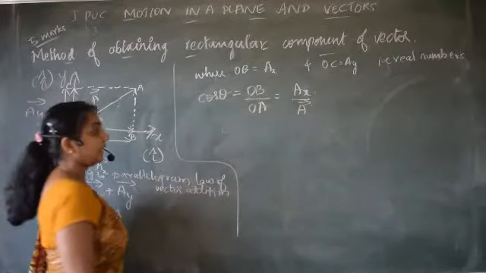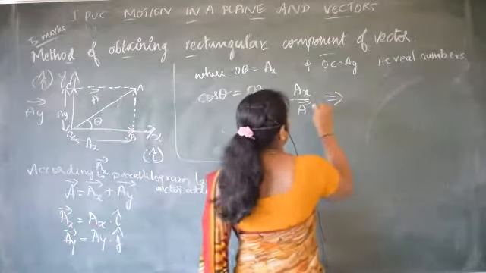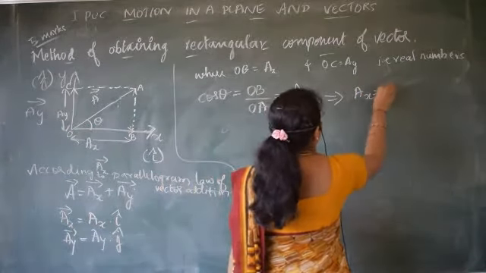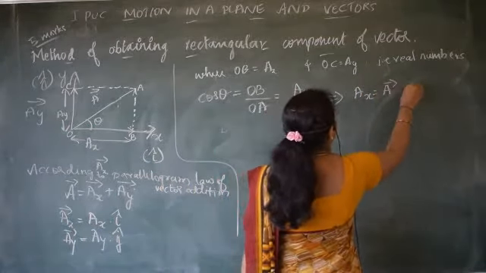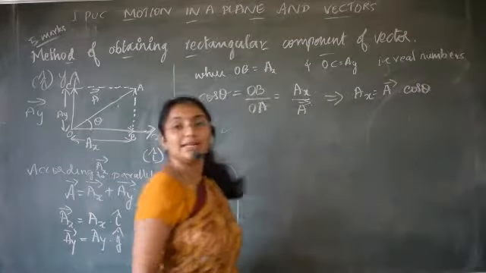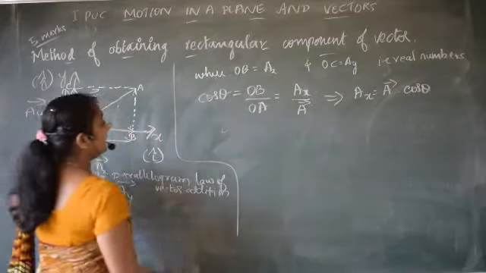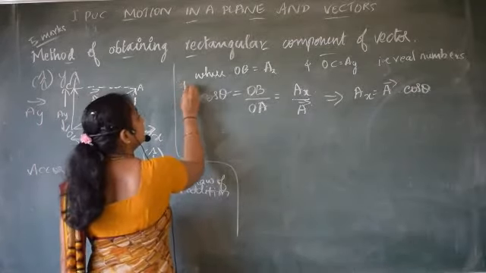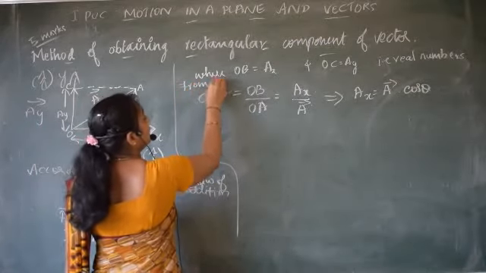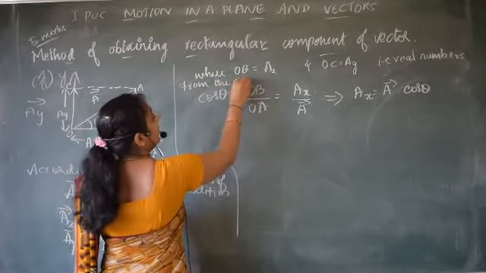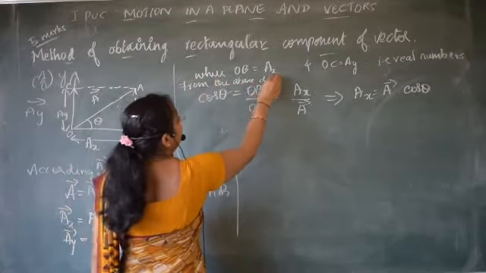Now, can I write AX is equal to A vector into cos theta? Shall I write it like this? Yes. From the same diagram, from the above diagram,